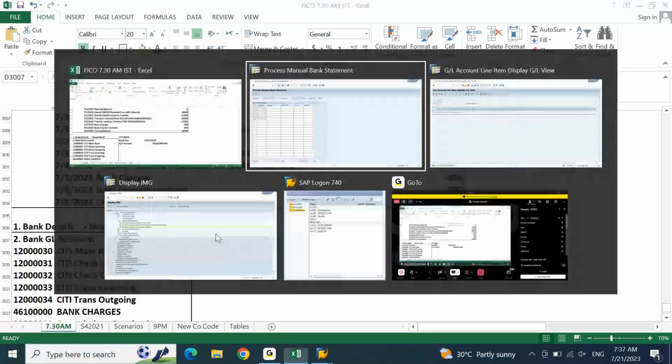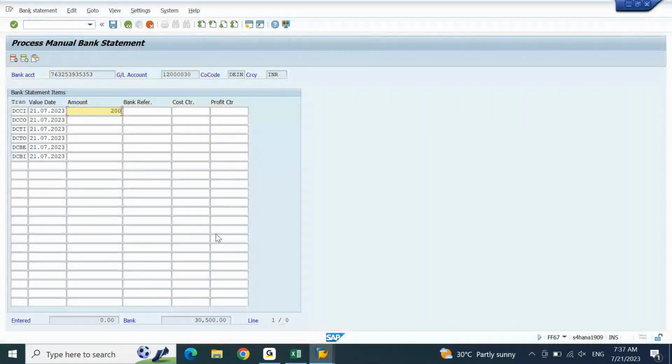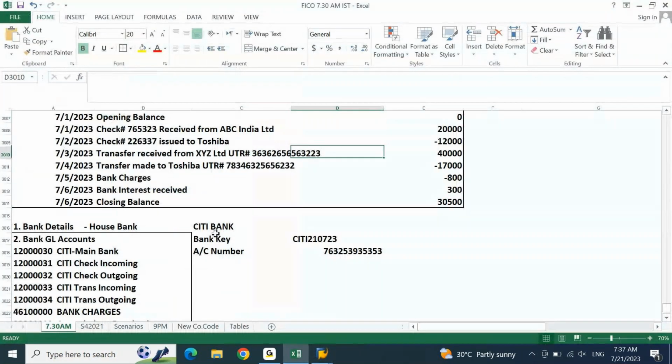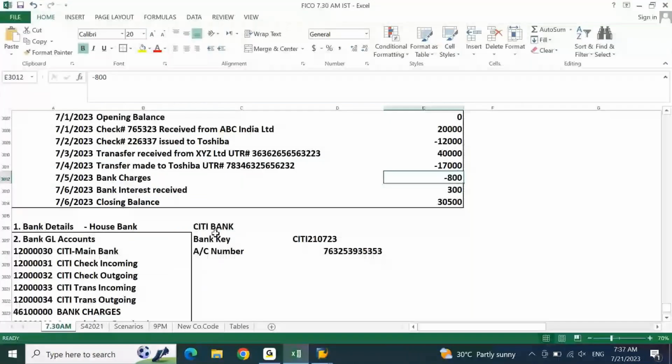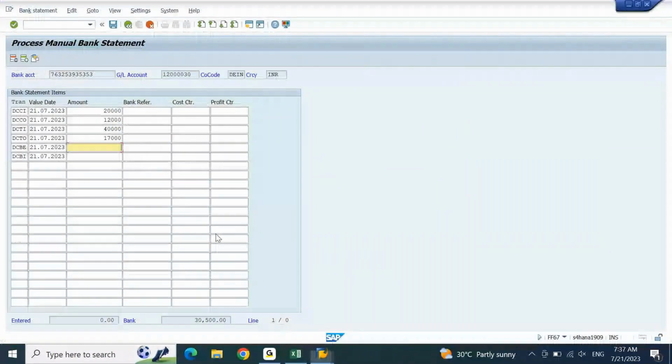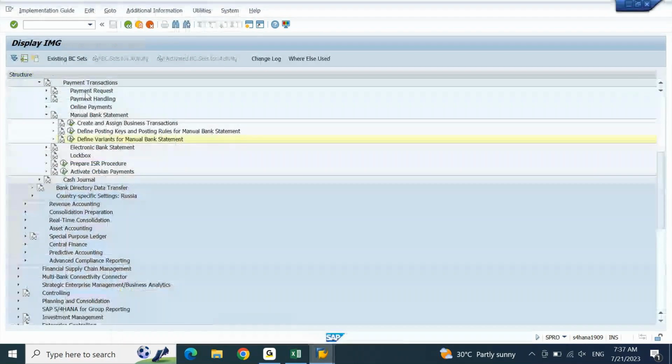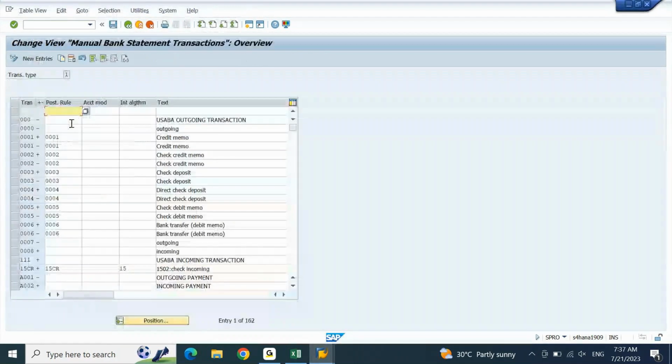$20,000, 12,000. I'll put 20,000. I'll put 12,000. 40,000, 17,000. 40,000, 17,000. 800, 300. 800, 300. Now from this I need to put the amount with a positive or negative sign, because when we did the configuration in the business transaction,